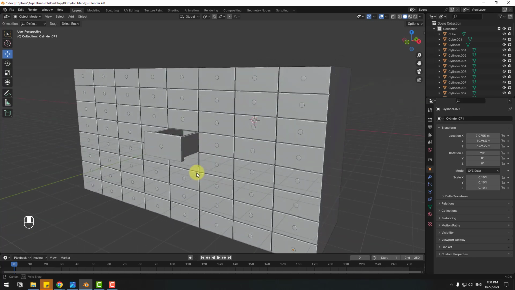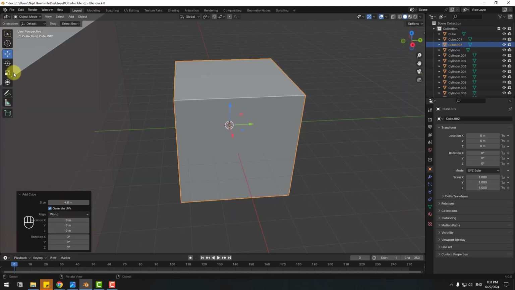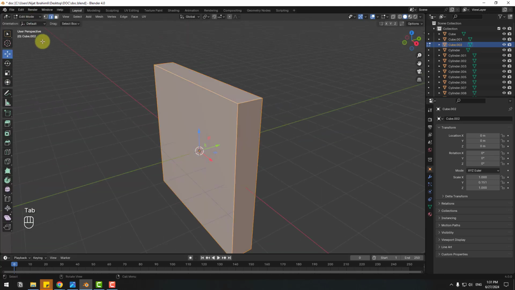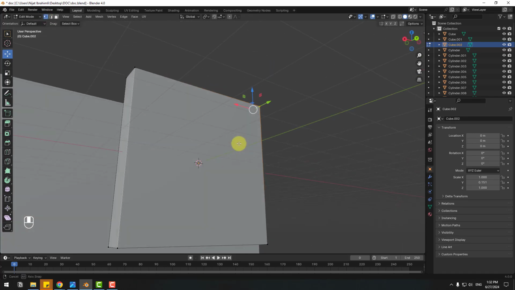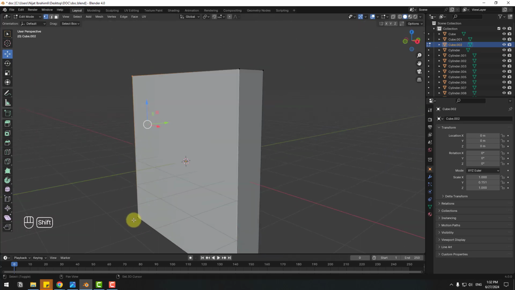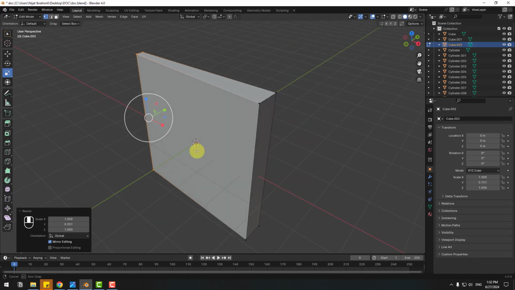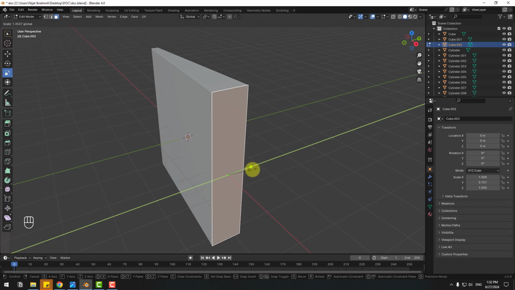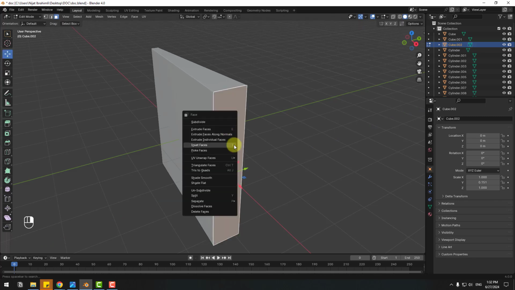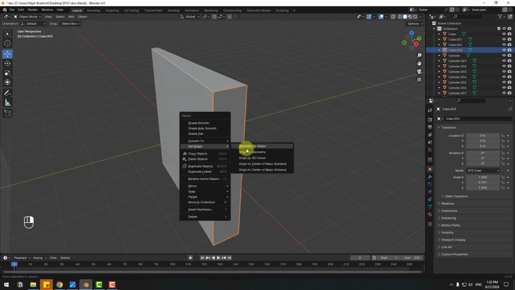Okay, nice. So at this time, go to Add, Mesh and Cube. Change the scale, click Tab, Edit Mode, select Vertex Selection and select these two vertices and this vertex and this. Okay, click the Scale tool and let's change the scale and select Face Selection, select this face, change the scale and select this face. Let's right-click and Separate Selection and right-click, Set Origin and Origin to